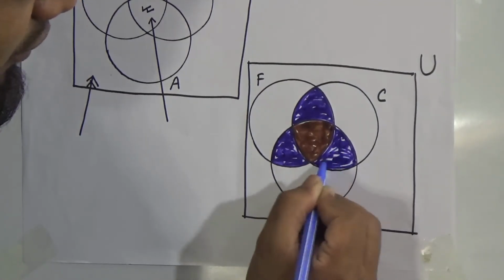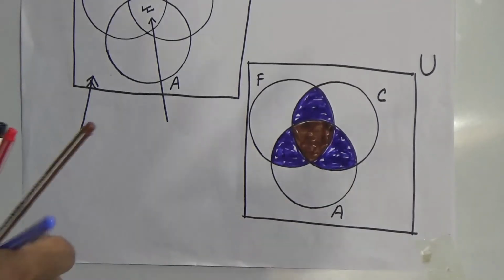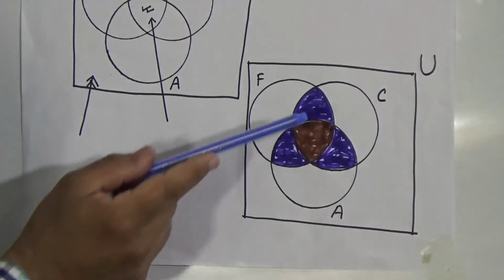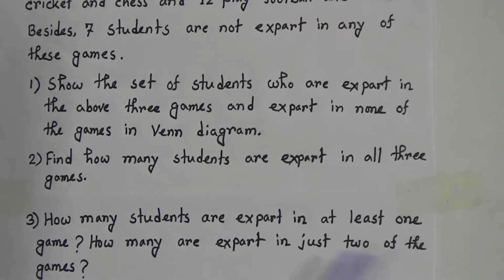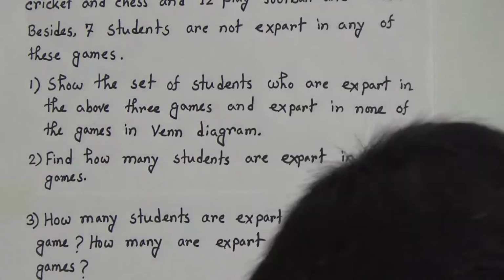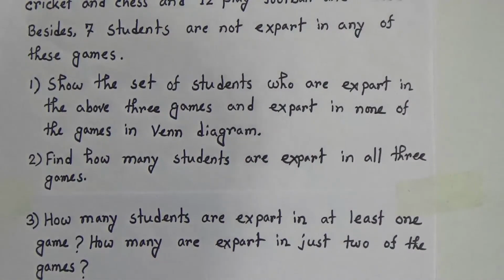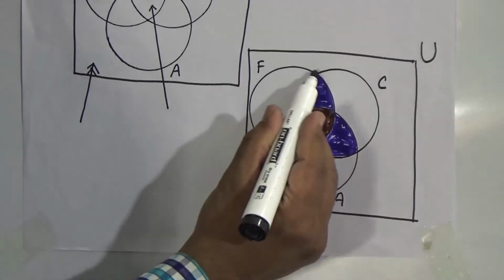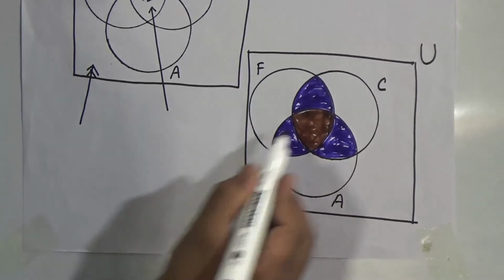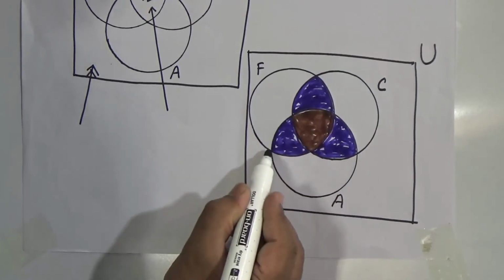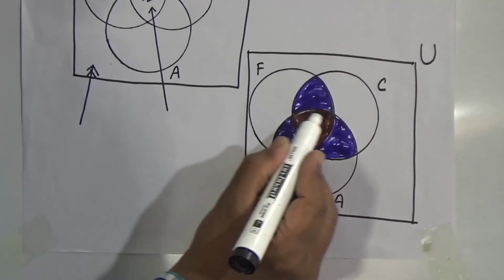Okay, that means we need to calculate this portion only. We need to calculate this color portion only. Only 2 games exactly. We need to calculate in just 2 of the games. In just 2 of the games means we need to find out this area and this area number, and we need to add these 3 areas number. Okay, to calculate these areas we need to identify which one. Look very carefully. We will subtract the 3 portion from these total part. Again we will subtract this 3 portion from this total part. And we will subtract this one again from this total portion.